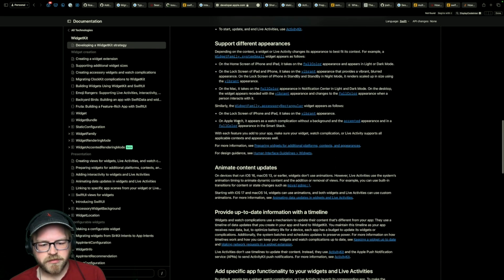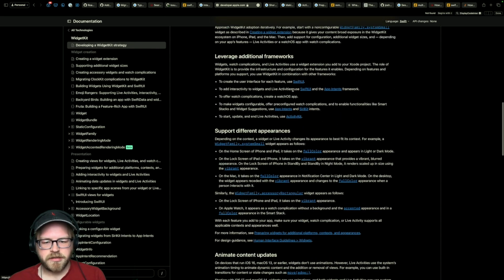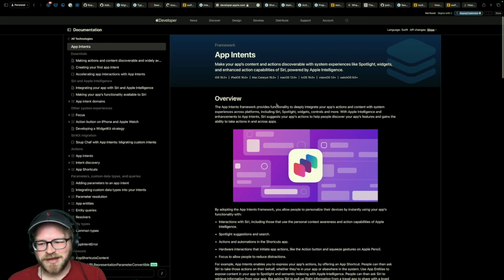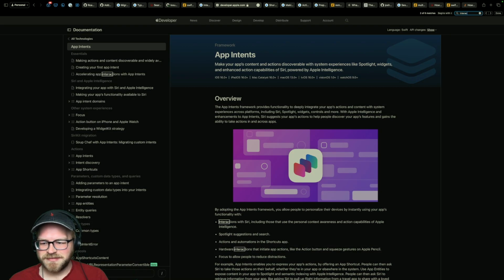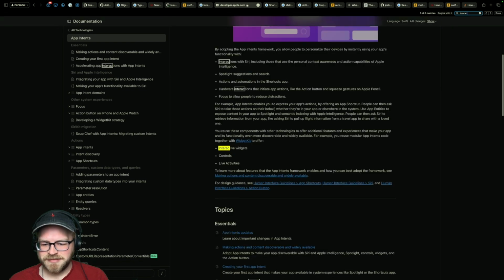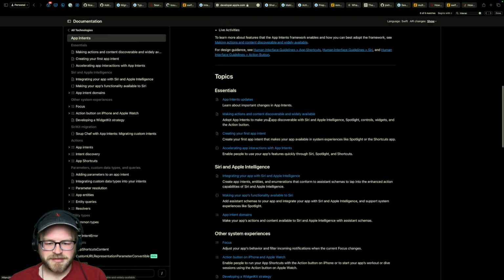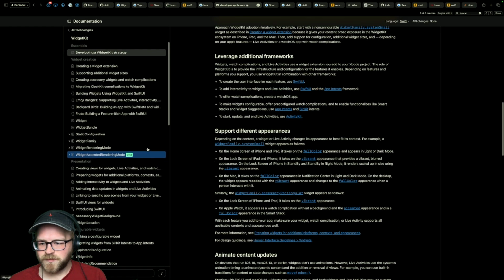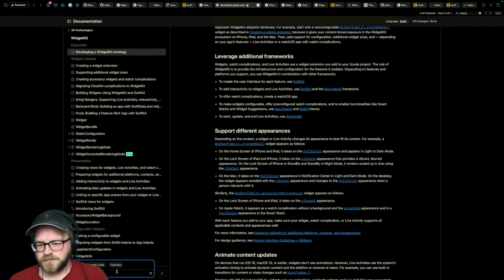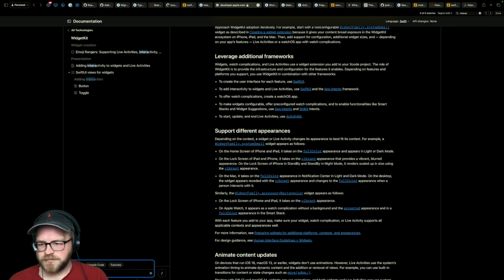I'm looking for interactivity. Oh, yeah. To add interactivity, use the app intents. It's not helpful, man. I want the code that tells me how to do the thing. Adding interaction.